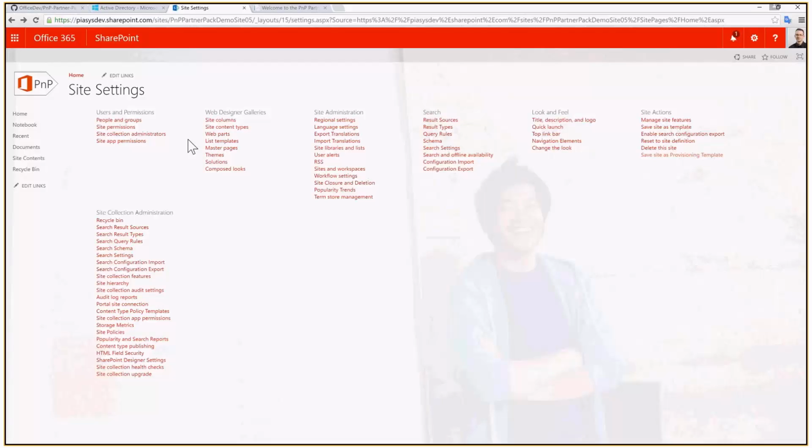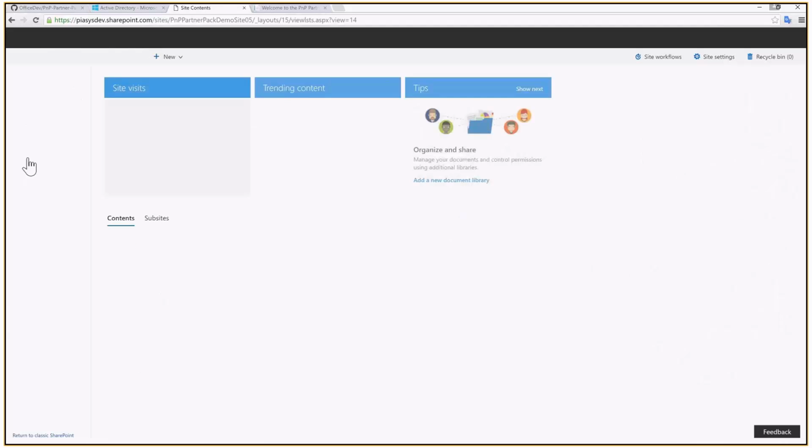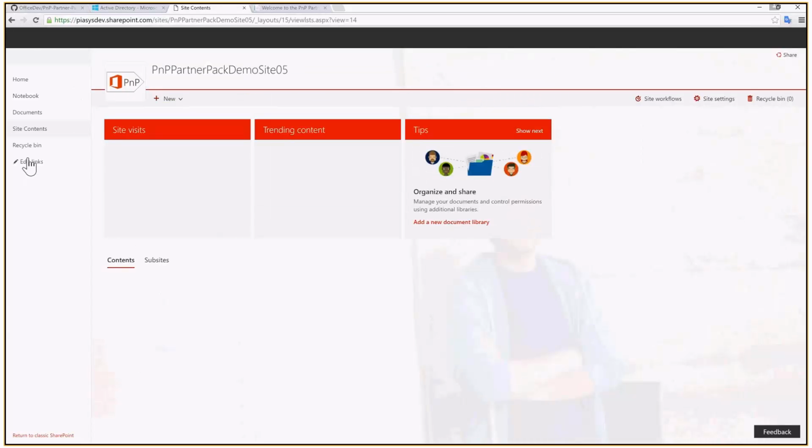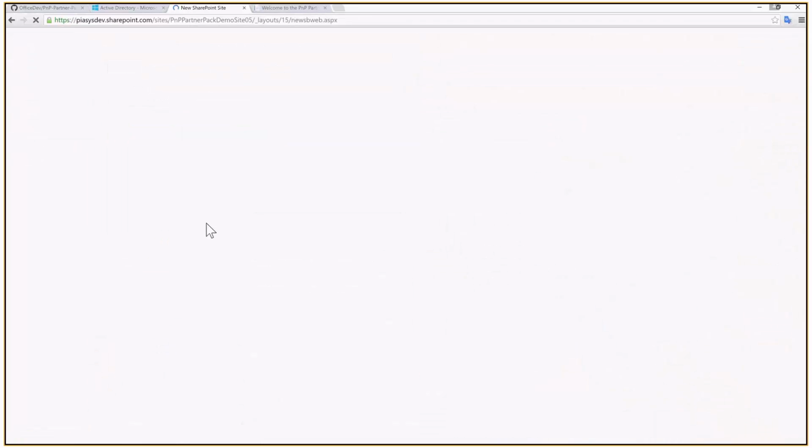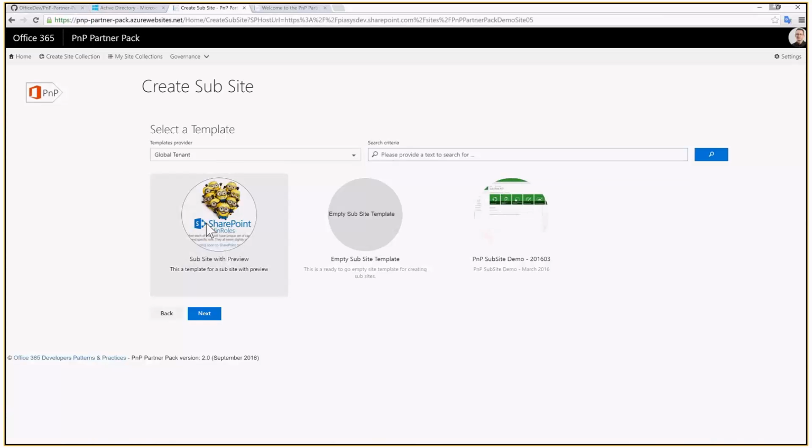So I went back to the site, and I want to show you that if I go to the site content with the new modern UI of SharePoint Online, here I have the sub-sites of my site collection, which is now empty. But if I click on the new button and select to create a new sub-site, you will see that we will go for a while to the out-of-the-box page, but we will be redirected to a custom page, which is again hosted in the PnP Partner Pack, which will allow the end user to create a sub-site based on the provisioning templates that we have at the tenant level, if we want, or eventually at the current site collection level, or moreover, through a PnP Template Gallery, which is a new idea we introduced in the PnP